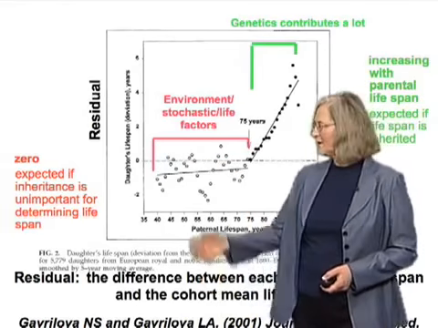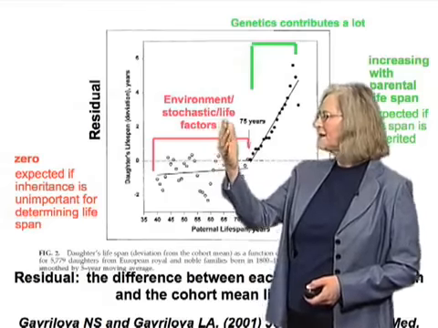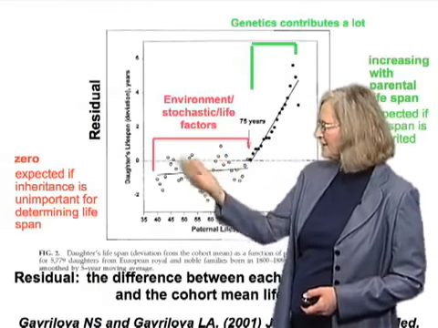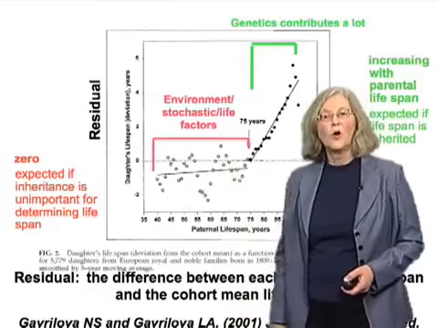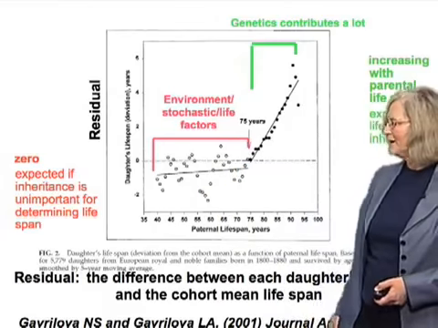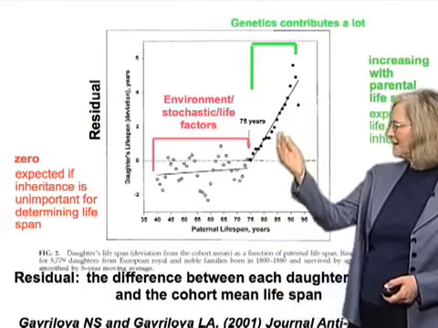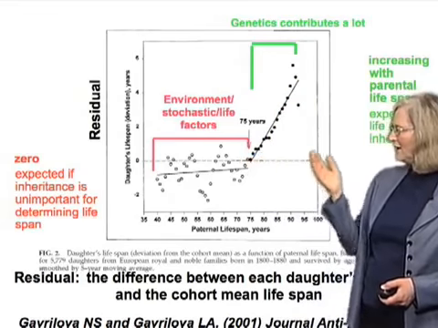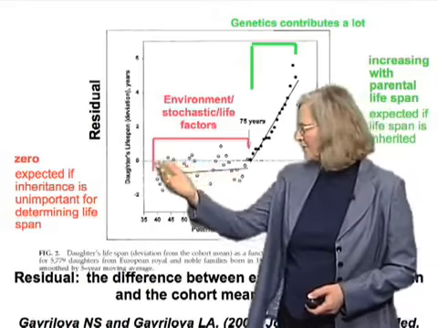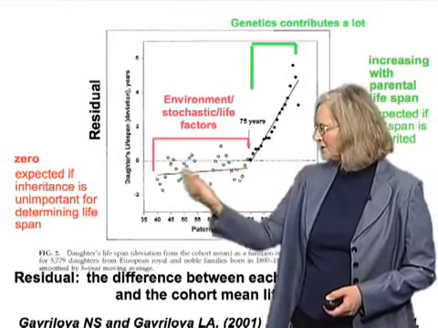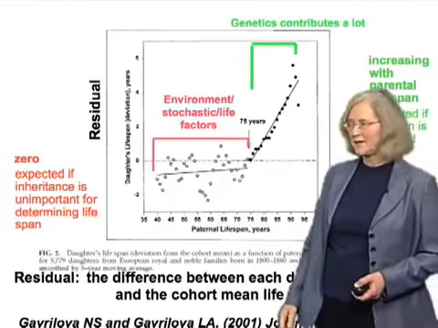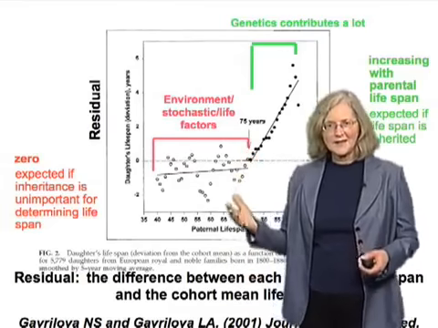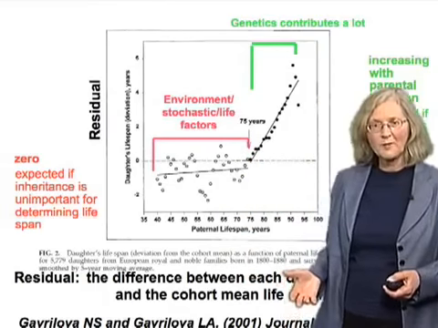In fact, things that are not genetic, we could call them environmental, stochastic, life factors, non-genetic factors, were clearly more overwhelming quantitatively. So the genetic component was much more important to fathers with a long lifespan than it was for the fathers who had this wide range of somewhat shorter lifespans. It just says that the relationships can be more complicated.